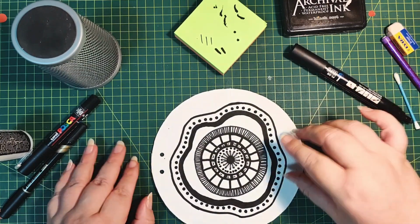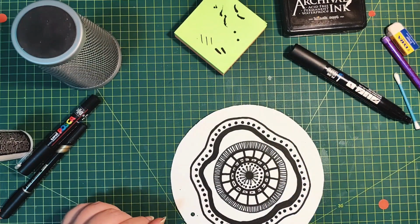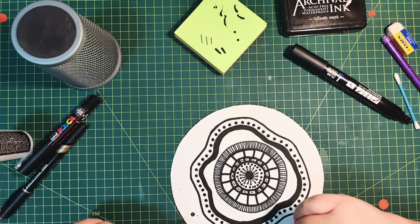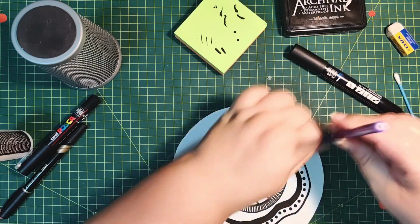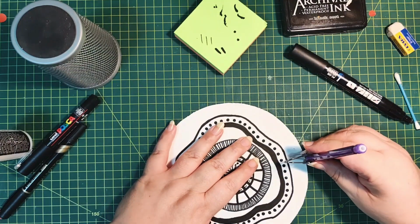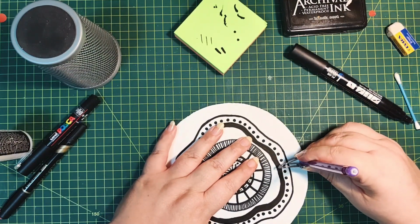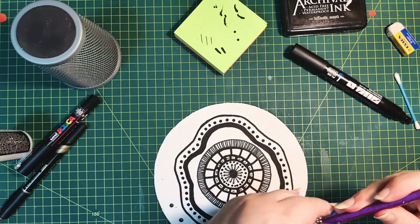Now I do want a band around the edge, and this is going to be quite a thing to get there. How in this world? Let's see if this will work. Let's see. I'm going to just glide my pencil around the edge and maybe,